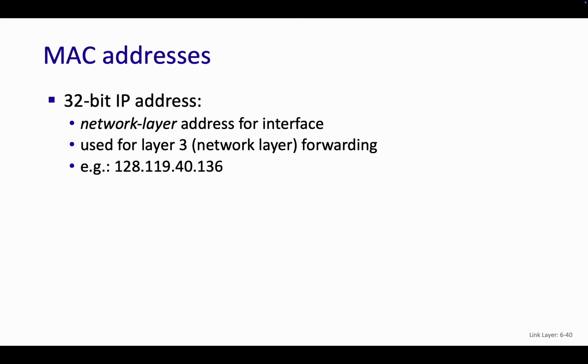So let's talk about addressing. So we're familiar with our IP addresses, right? Dot notation, 32 bits. You should feel really comfortable with this, right? That's done for the network layer, layer 3. What about the link layer? So now we're deep into the link layer. What does the link layer use for its addressing scheme? Because IP, that's a layer above, so it knows nothing about IP addresses. Doesn't care about IP addresses.